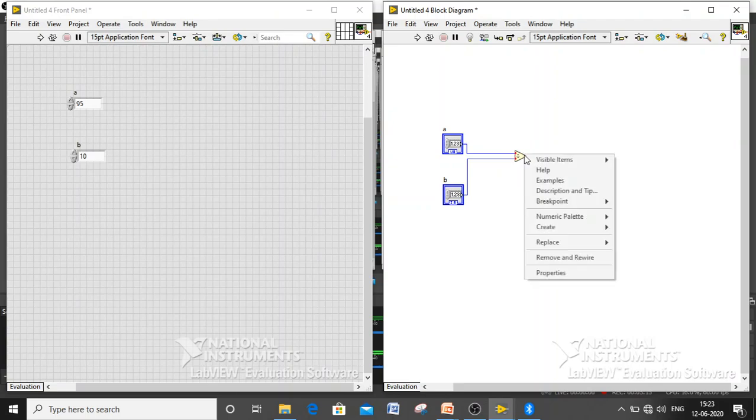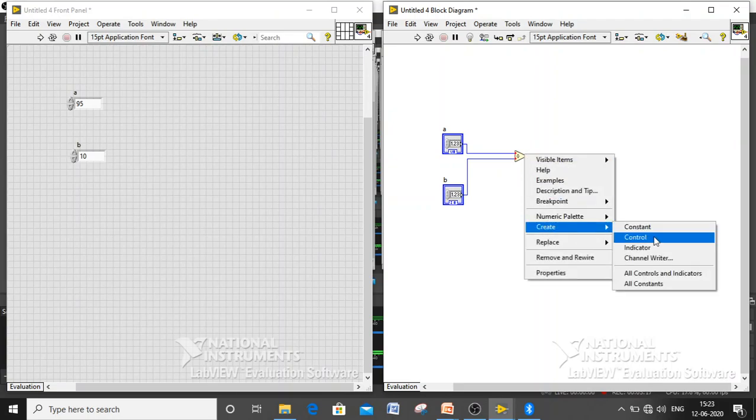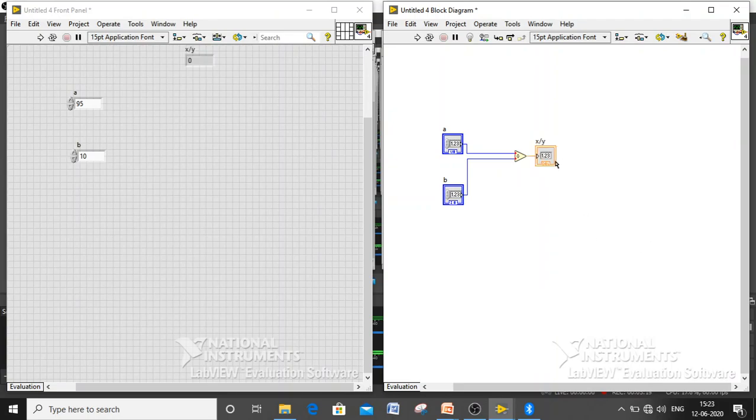Even though they have coercion dots, when I create the indicator, I get DBL alone. For the divide operation, the default indicator is always DBL, since they want to show the fraction value as well as rounded integer values. That is a very important CLAD exam question.